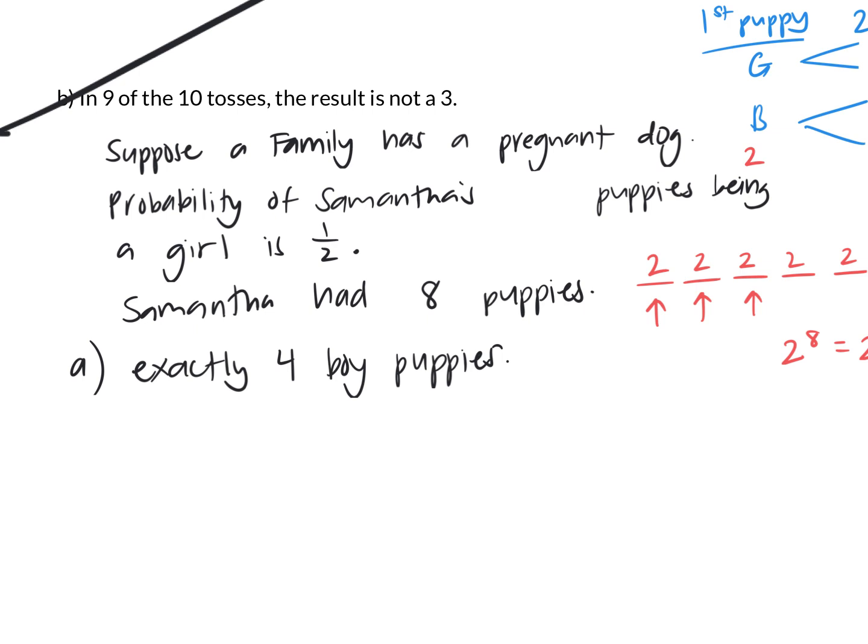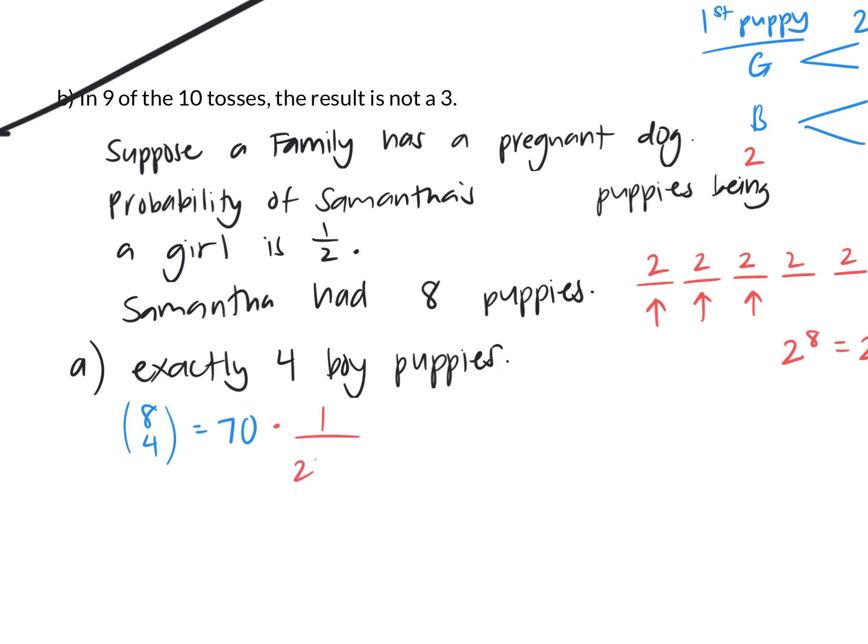So we need to plug in our calculator. What is 8 choose 4? We're choosing 4 to be boys out of the 8 puppies. That gives me a number. Should be 70 on your calculator. Okay, but that's just exactly 4 boy puppies, right? If I would follow this tree over here, that would be all of the options that have only 4 boy puppies, okay? Then I need to say the probability is just that times 1 over